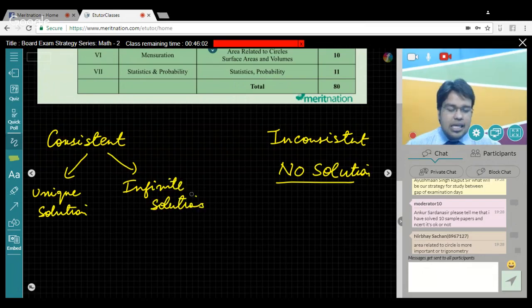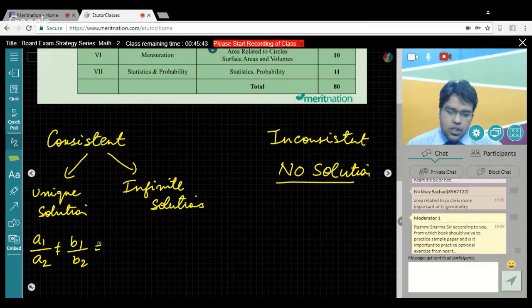From this, a question is for sure going to be asked whether the system is consistent or inconsistent, or to identify an unknown constant, what value it will take for the system to be consistent. I hope everyone knows this: A1 by A2 is not equal to B1 by B2, which is not equal to C1 by C2 for a unique solution. And infinite solutions is A1 by A2,